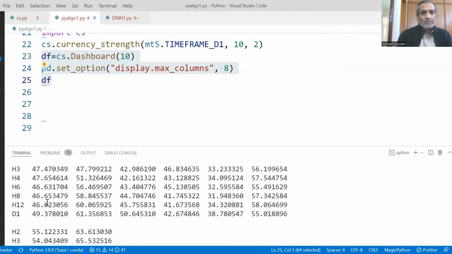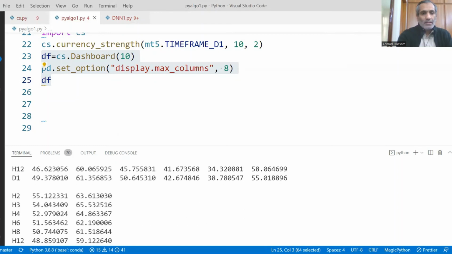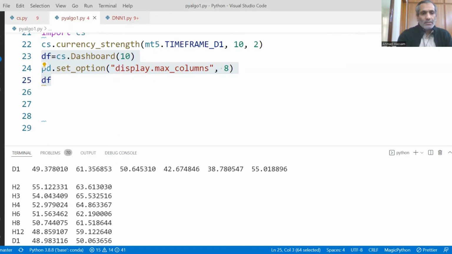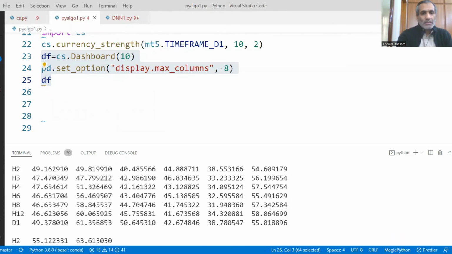In the same manner, we can look at this H8 time frame, and we can see that again, now on H8, Kiwi is the strongest and yen is the weakest.